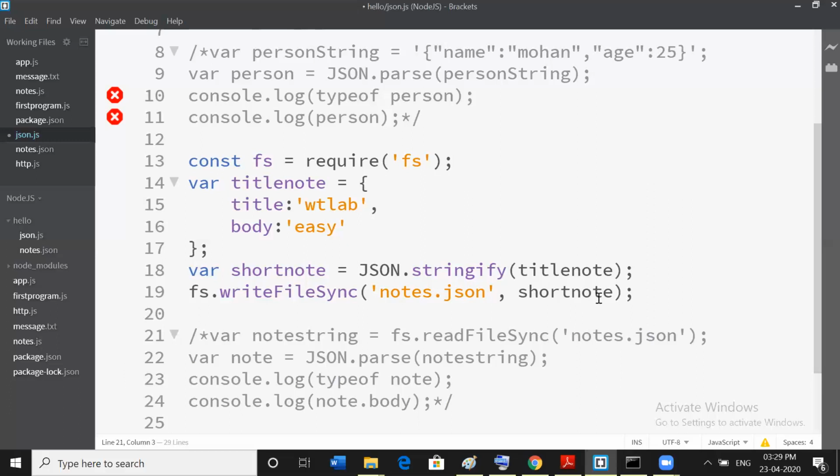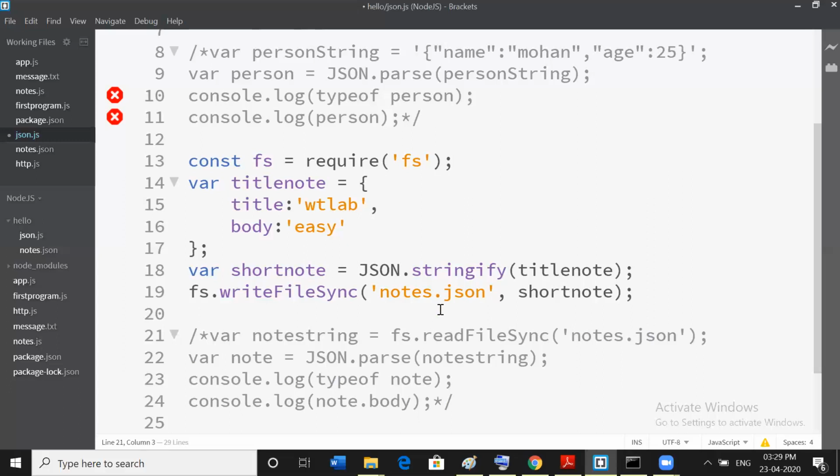The variable short note holds the converted string format, and I am going to save this short note to that file.